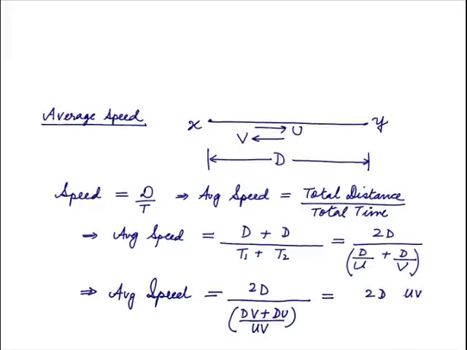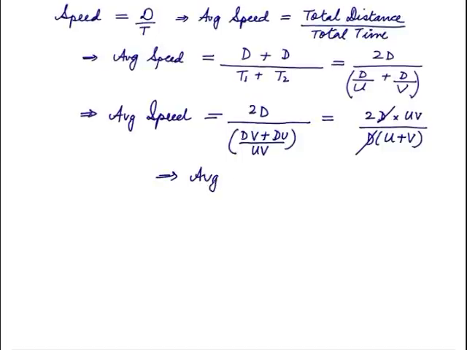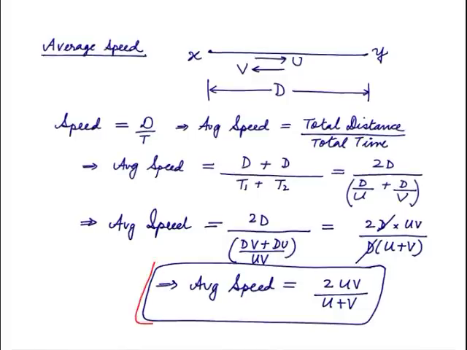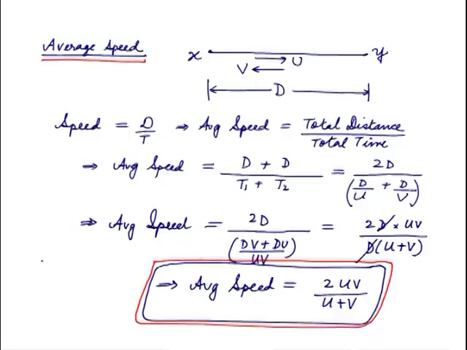So we will now simplify this. The moment I simplify this, I get average speed will be equal to 2d upon (dv plus du) over uv. I will take uv to the top, d will be common, (v plus u). I will simplify and the final answer is 2uv upon (u plus v). So, the formula for average speed that we have just derived is equal to 2uv upon (u plus v), where we know that u and v are the speeds with which a fixed distance